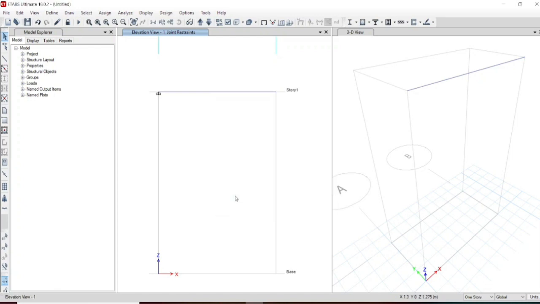Okay, now we have made a beam here, and this beam is fixed at one end and free at the other end. Let us apply a uniformly distributed load.